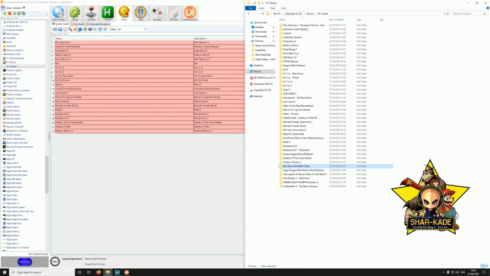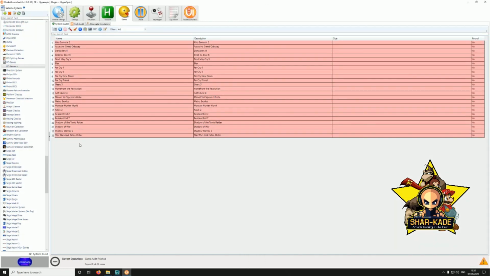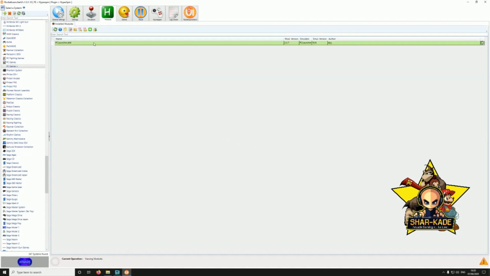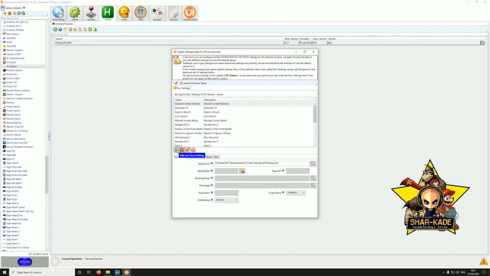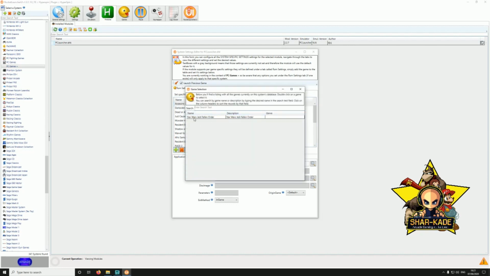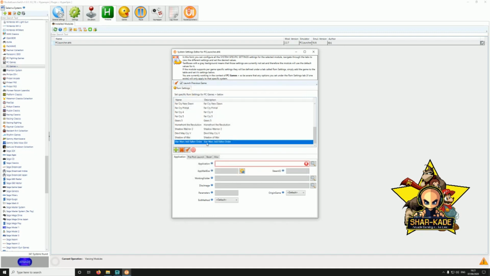So once that's filed and saved, you would audit it. You now see Star Wars Jedi Fallen Order in there. Go over to Modules, hit on PC Launcher and go to Edit, System Specific Module Settings. Then you would click Add, and on that list would be what you've just created in your database. So whether you add 3 or 4 or 5 in there in between the lists, all of them games that you've added will come up. So we'll click on Star Wars Jedi Fallen Order, and then we'll go over to this magnifying glass over here,